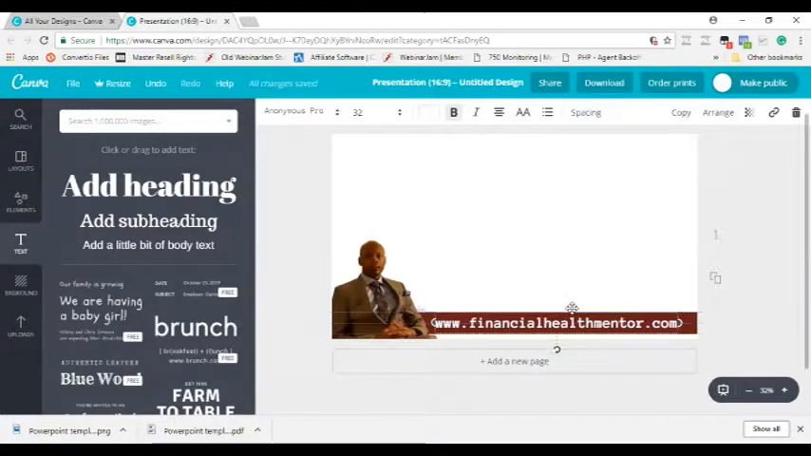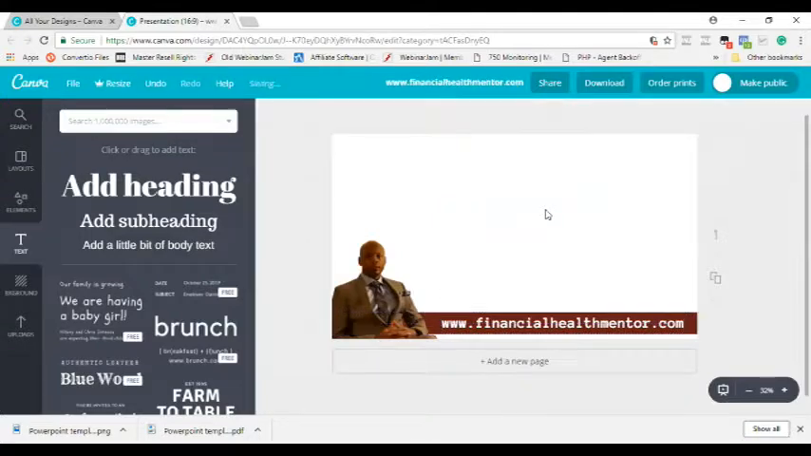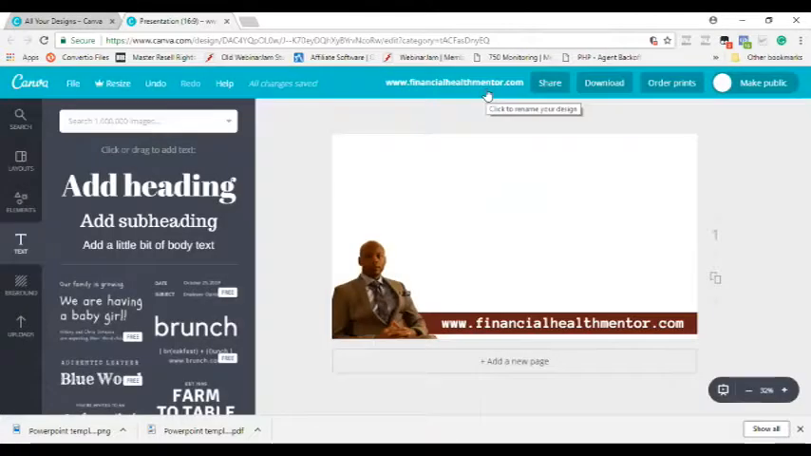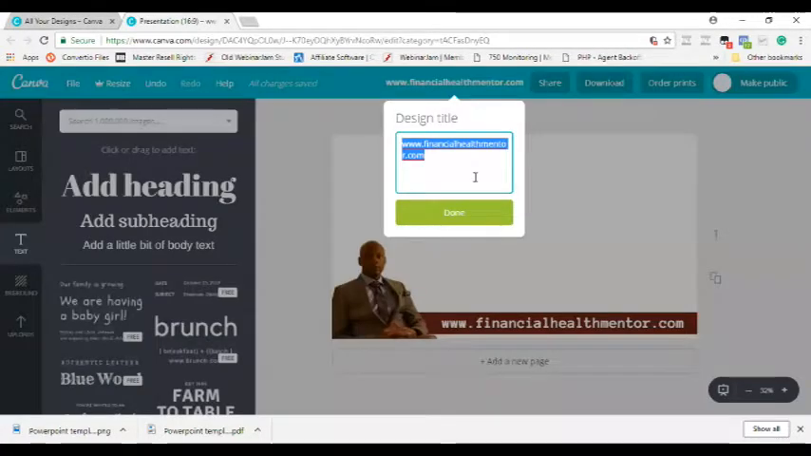I kind of want it to be, there we go. All right, so there it is. That's my template. Then I will come up here and basically, I don't want to share it, I want to name it. So if you click on the name, it automatically gives it any name that you put in. Any text you put in becomes the name of the document. So I'm going to name this